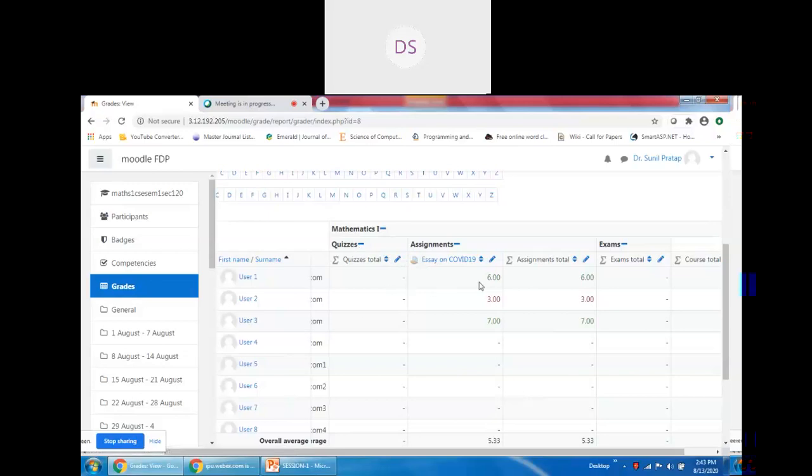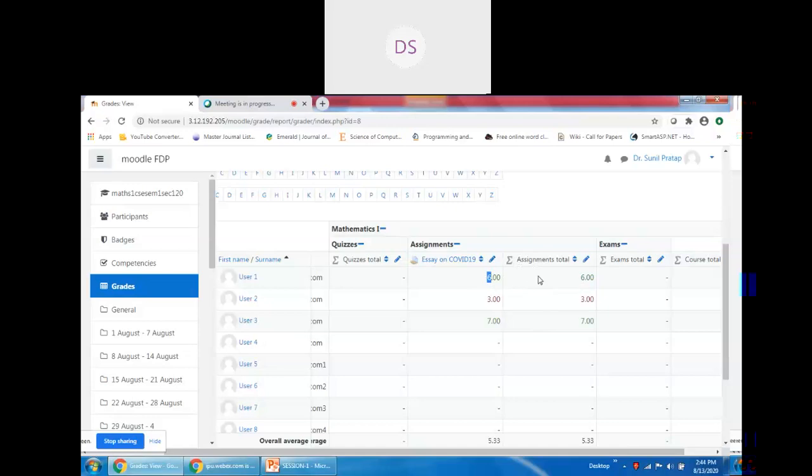Here you can see this is the assignment category, and under this category we have given only a single assignment, having the title essay on COVID-19. If we give another assignment, that will appear after this column, and then you will see the assignment total. So this is 6. Suppose in the second assignment the student obtains 8 marks, then the total will be displayed accordingly.